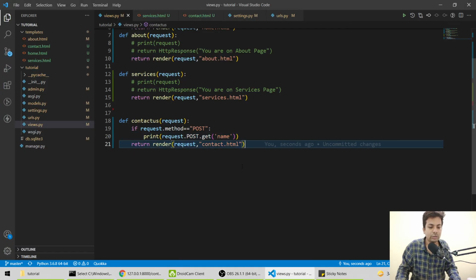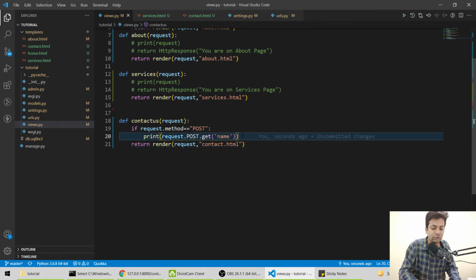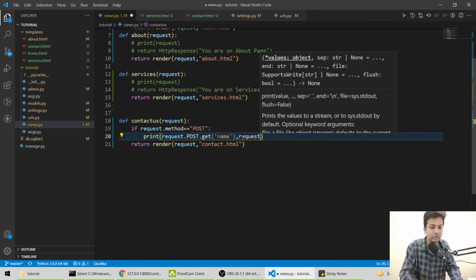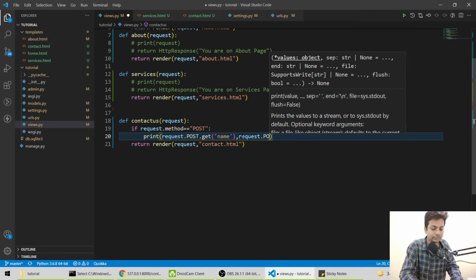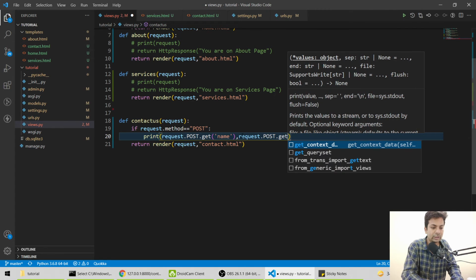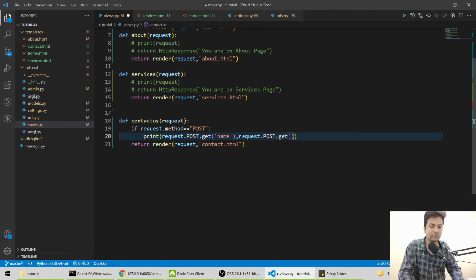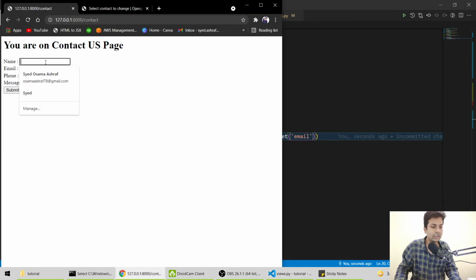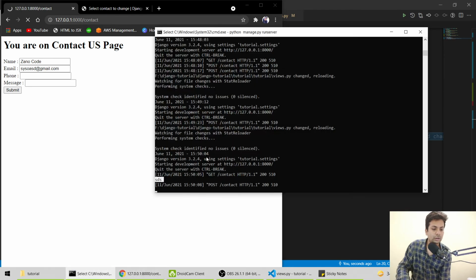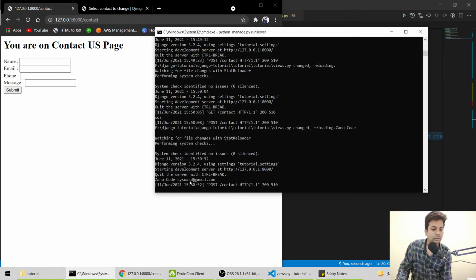We have to do the same for every field. Request dot post dot get, and then the field called email. Now we'll enter real data, name Xeno code, and an email, syos@gmail.com. If I hit submit, it printed the Xeno code name and this is the email.